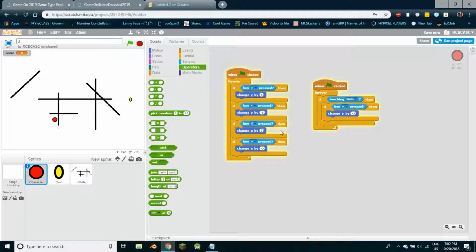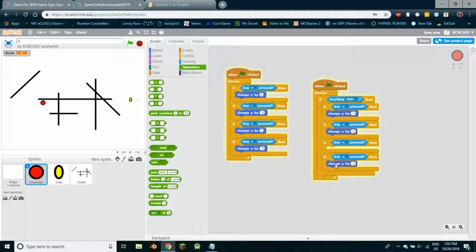Alright, now that we have that working, we need to add collision for the other walls. So let's just copy this for now. Copy the change x by, and if S is pressed, or actually let's just copy this entire thing and make these negatives. So now we should have all the collisions working. There we go. Now obviously there's going to be that small space,